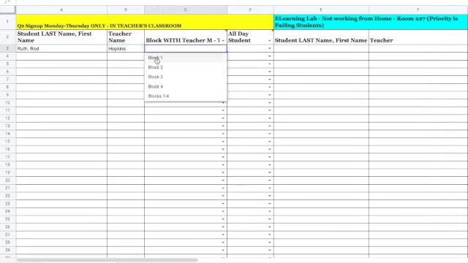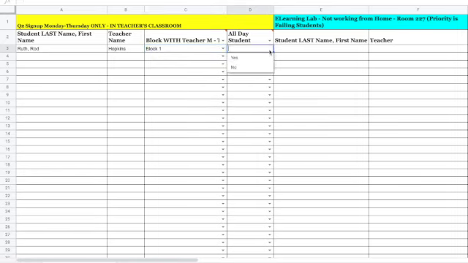So you would mark what block they need to come in and see you, and let's say they are all day because they ride the bus, then they're going to go to the cafeteria during those classes where there is not space in the teacher's classroom, or perhaps they haven't been asked to come back. Now, some students just need to be at school to work on their e-learning, and you know who those students are as well. And if you'll list any students that you think would benefit, and really we're talking about our ones that have failed for first quarter, we need to know who they are so that we can sign them up for the e-learning lab and have a space for them to work here at school.